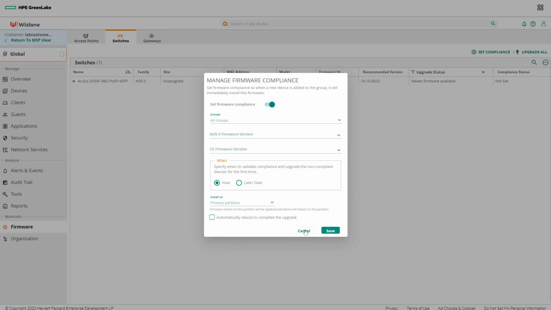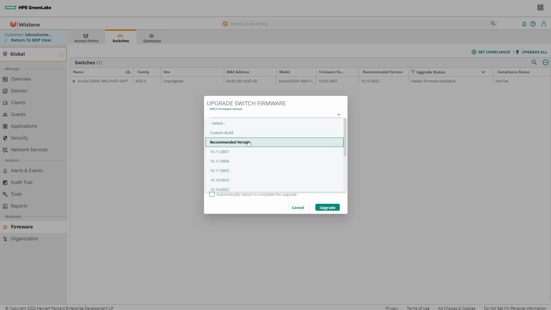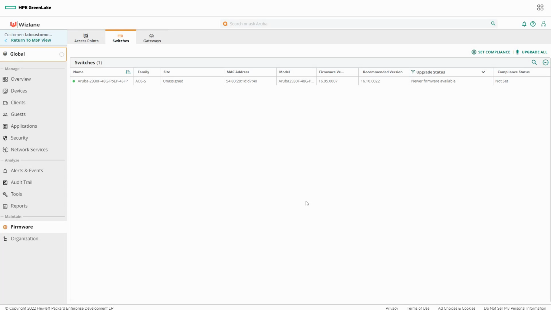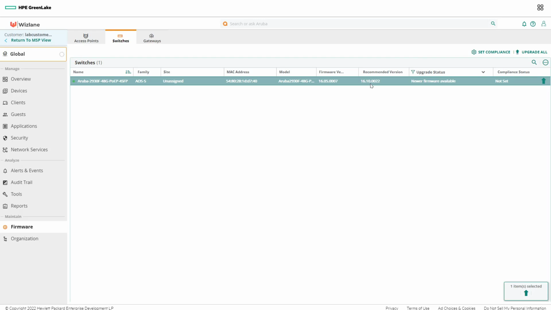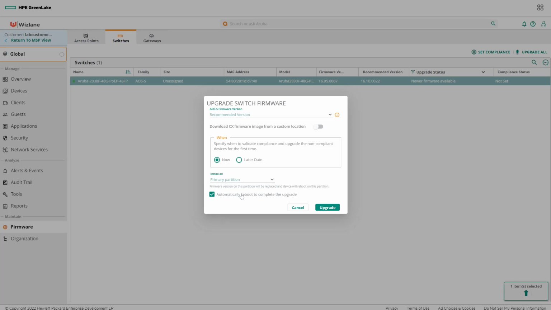Yeah, so we're just not going to use this, we're going to upgrade this, and it asks you what you would like to upgrade. We go for the recommended version, and the recommended version, if you would like, is 16.10. So I'll cancel this. Look at the column here, the recommended version is 16.10.0022. We go for that, the recommended version. We're going to do it now, and we'll push this one to the primary. You could go for secondary, but we go for primary, and we would like it to automatically reboot the switch. Click on upgrade